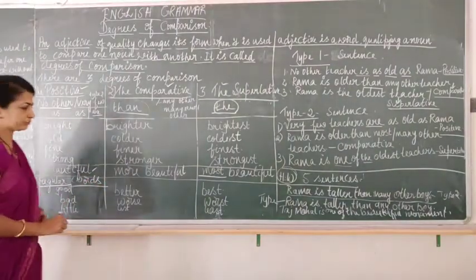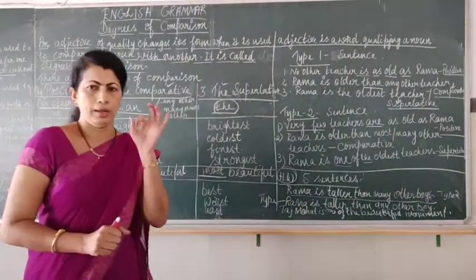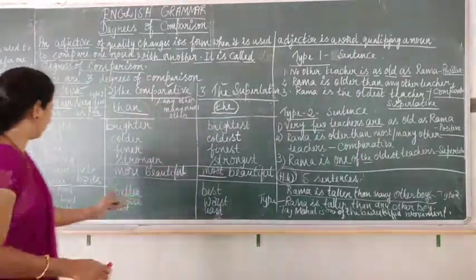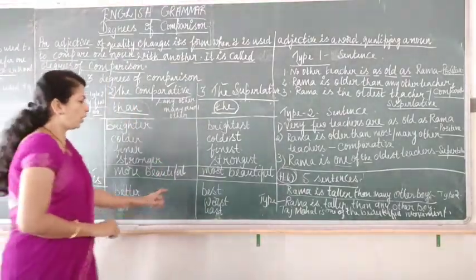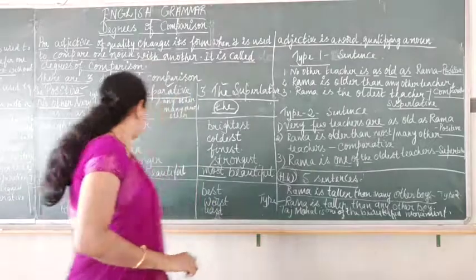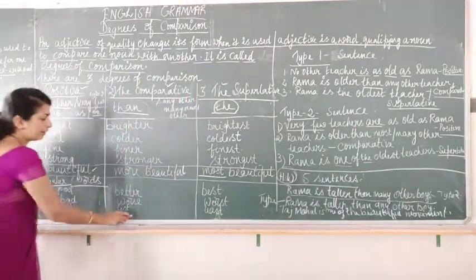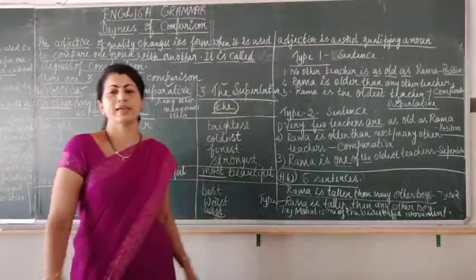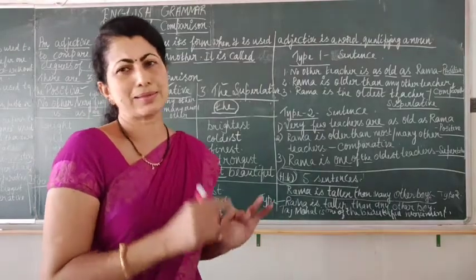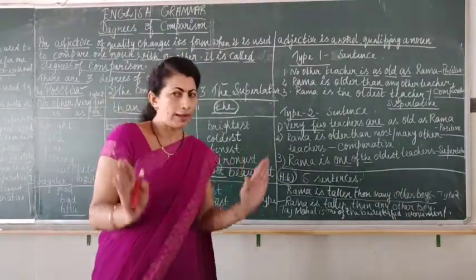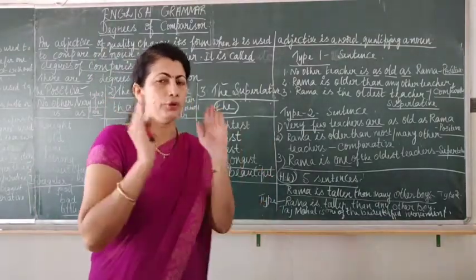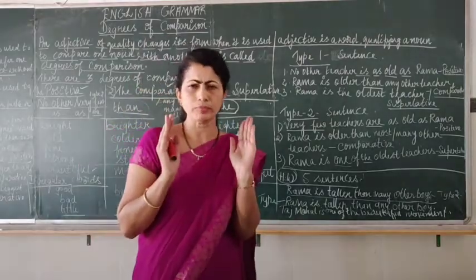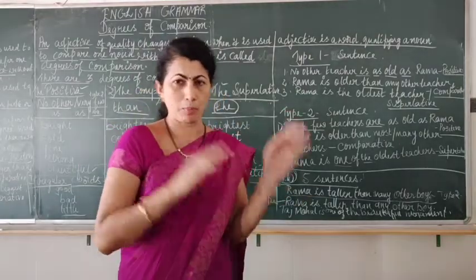And there are some irregular adjectives. They are good, better, best; bad, worse, worst; and little, less, least. So I hope by this time you have the knowledge of what all the bodyguards are